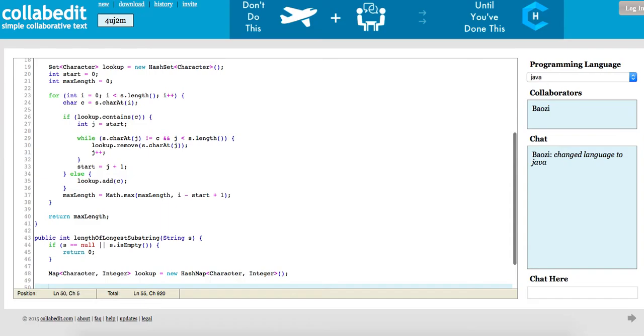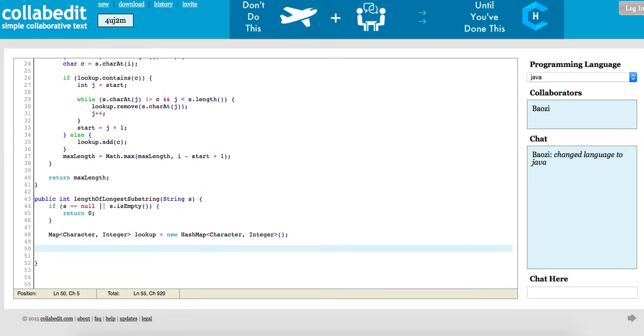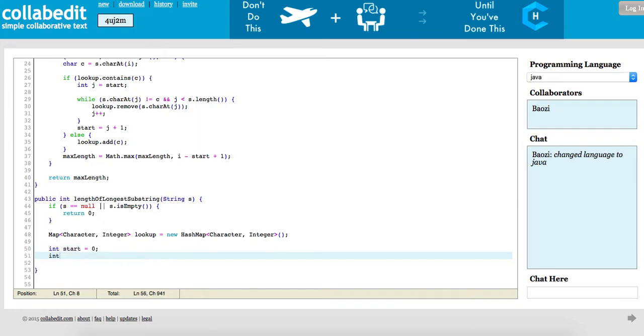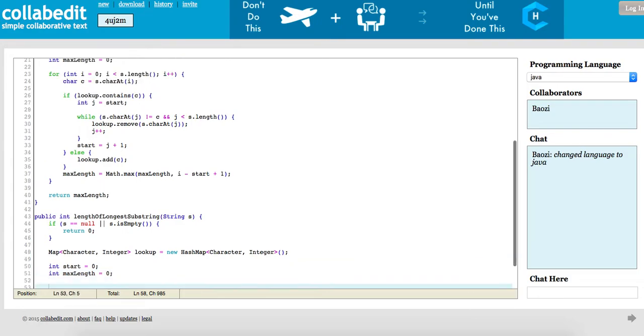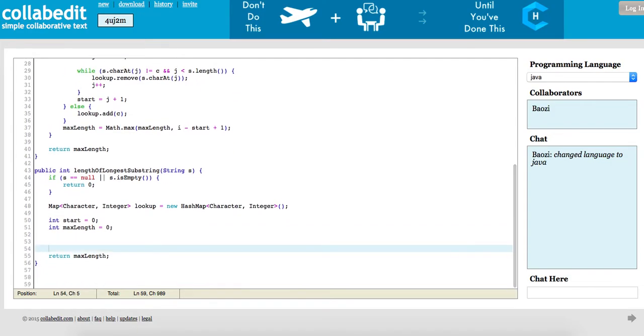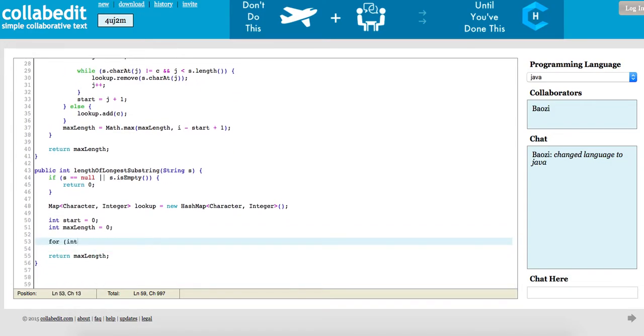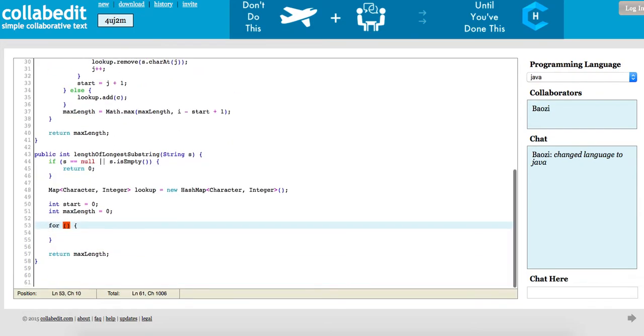Okay, so we'll have a starting point equal to 0, max length also equal to 0, return max length, and what we're going to do is